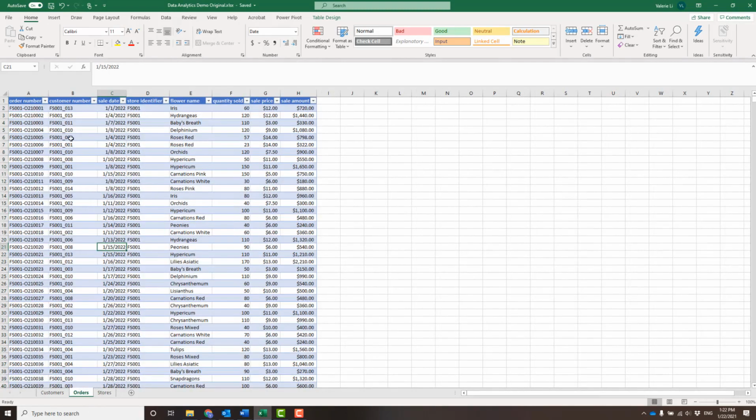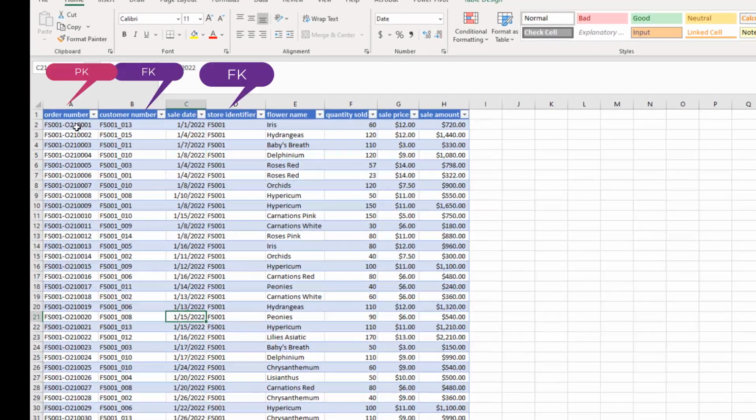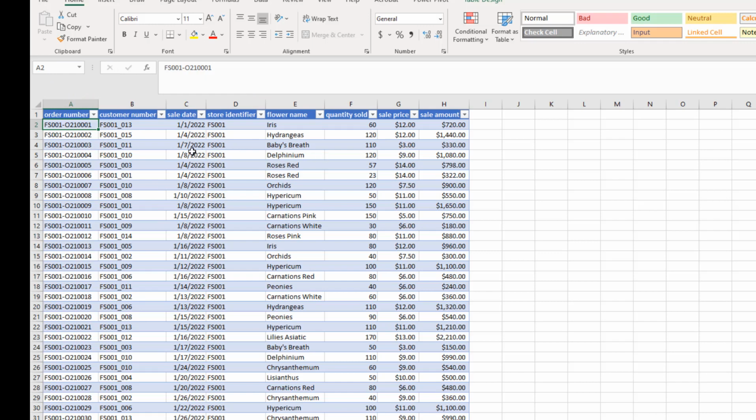We go to the orders table, and you can see that the primary key for the orders table is order number, because this number identifies each order. The order table contains the order information for each order. And it also has the store identifier here, which means that the first order is done by this store identified by